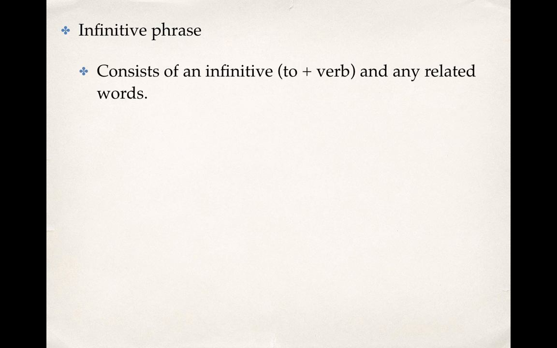All right, another type of phrase you'll be asked to identify is an infinitive phrase. Now, when we talked about modifiers, we talked a little bit about infinitives. And all an infinitive is the word to plus a verb. Okay, so that's an infinitive phrase. It's just when you have a phrase that begins with to run, to swim, to eat, to create, any of those to plus a verb, and then any words that go along with that